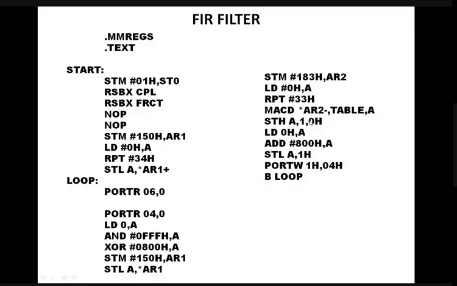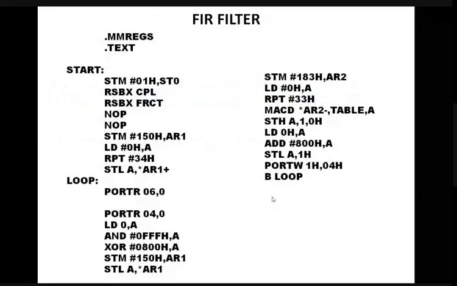And then sending out the value to the DAC. Here we do pre-scaling. Here we are adding 800, which is post-scaling, and then store the lower word with a port write. So we are writing into the DAC. After writing into the DAC, there is a branch to loop, so it will come back. It is a loop back. So as long as this code is getting executed, samples will be taken from the function generator, then convolved with the table coefficients, then given to the DAC, and then plotted on the oscilloscope. That is the one you need to understand.